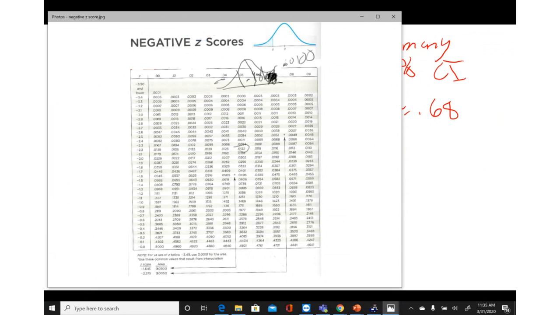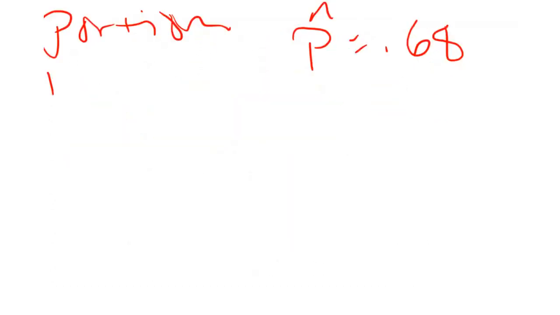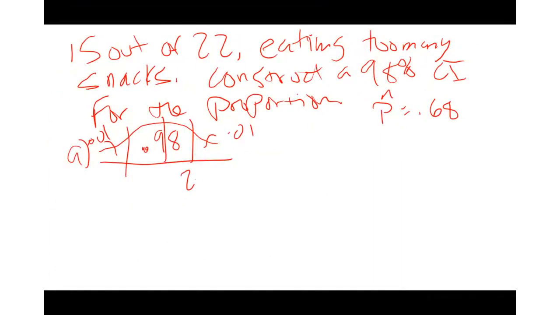So this is 0.0122. I'm looking for 0.0100, and I will find it eventually. This one is 0.0102. This one is 0.0099. I will choose this one as it's the one closest. So that is 2.33. So this value becomes 2.33, and this value becomes negative 2.33. Now, part B, you would write down